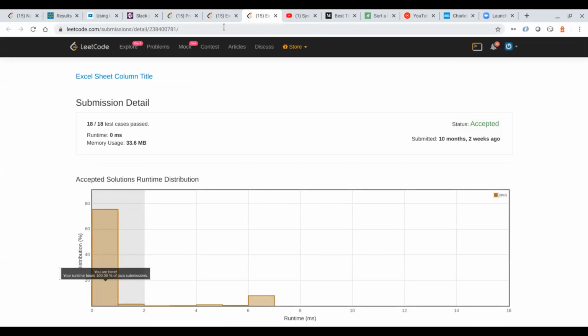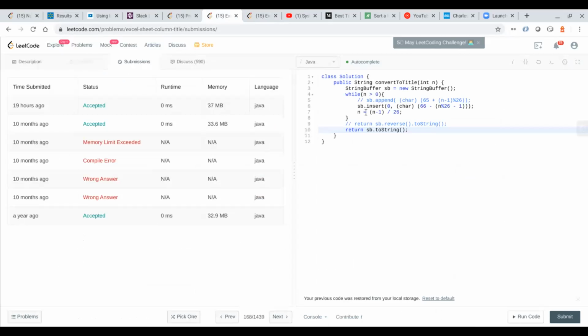So if it's a really huge string, then the performance with this insert may degrade, as it always has to shift, allocate a new buffer, copy the existing buffer, and then insert the new character at the first position. Yeah, I'm not sure how the insert would work. This is how it will work, because you are inserting at the first position. If the buffer is full for your StringBuffer, first it will allocate a new buffer, copy that, and then insert the character.